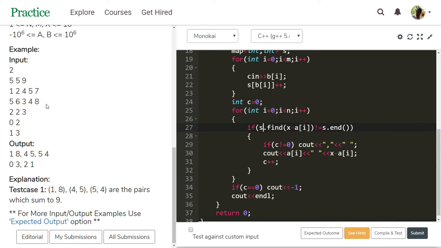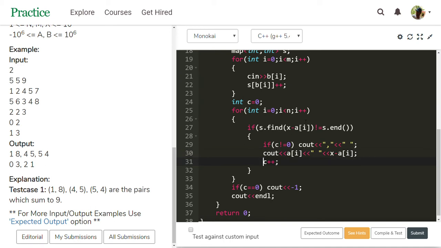Is 8 in the map or not? If it is in the map, that means it is in array B. So it is there, and this if block executes. Initially c value is 0, and only when c is not 0 will the comma statement print. But now it is not printed. Then this value is printed: a of i, 1, space, x minus a of i, 8. Then c value increments.